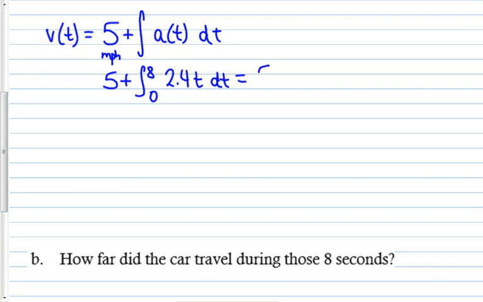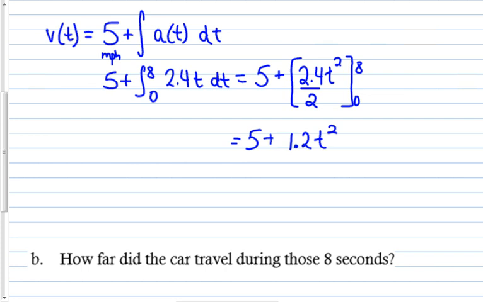So you would integrate this. So 5 plus, and then 2.4 t, but now it's squared, divided by 2. And this is getting evaluated from 0 to 8. So let's see. 5 plus 1.2 t squared. And then essentially, because I have limits, I don't have to worry about c. But this will work as my velocity function when I'm not having to worry about c. And I am going to go ahead and plug in the 0 and the 8, right? So 5 plus, all right, let's plug in